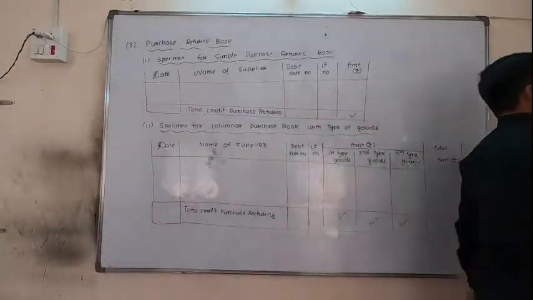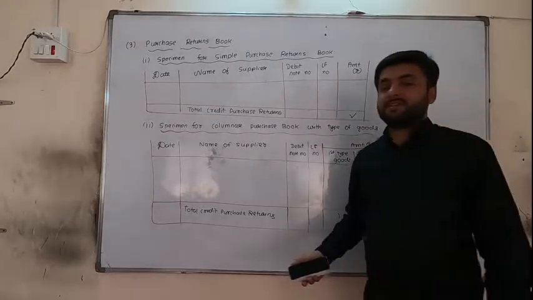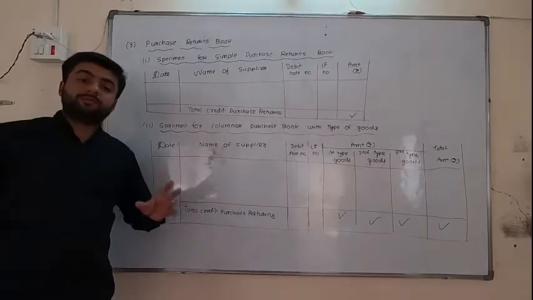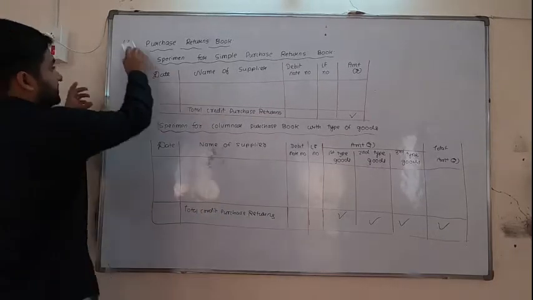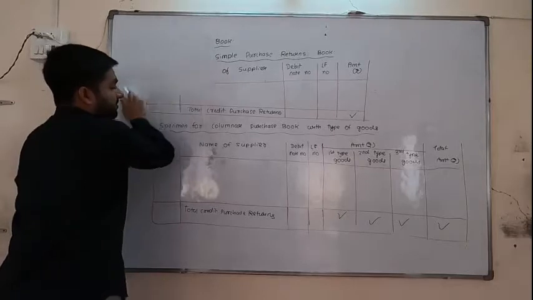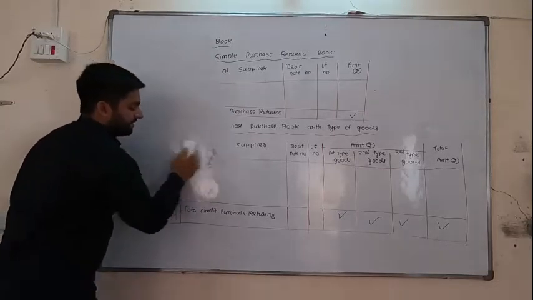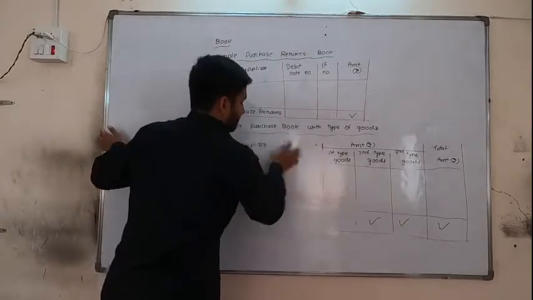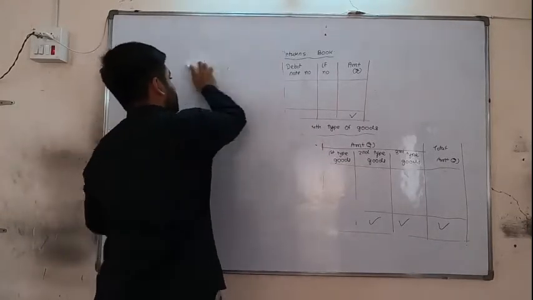Okay, now we are going to see the sum. Now see friends, personally there will be no sum for purchase returns. There will be sum for both purchase and purchase returns. Okay, so it is not possible that sum will be there which is only carrying purchase returns. If you want to prepare a purchase return, first you need to prepare a purchase book.